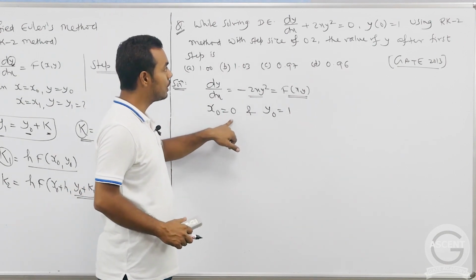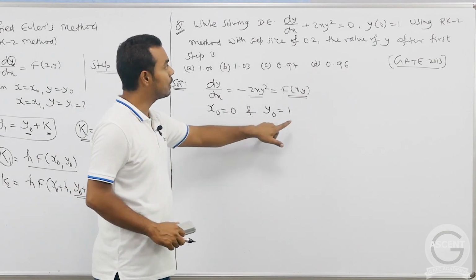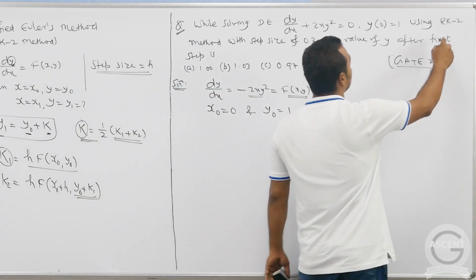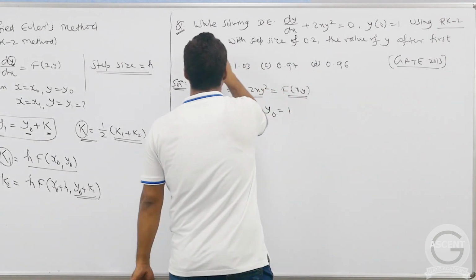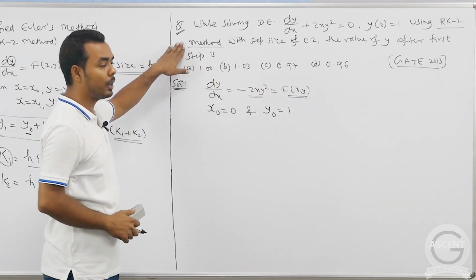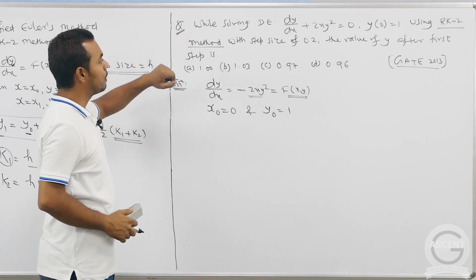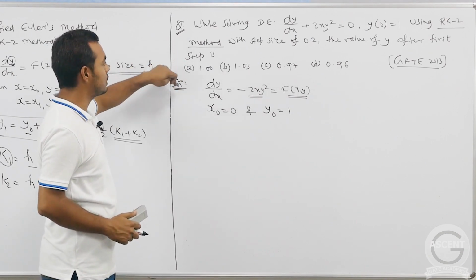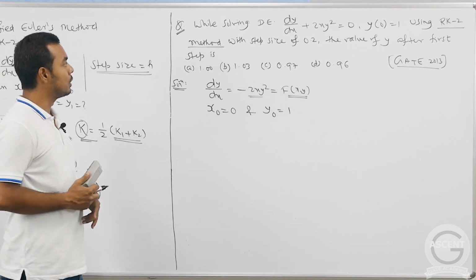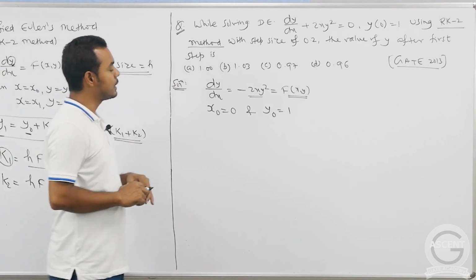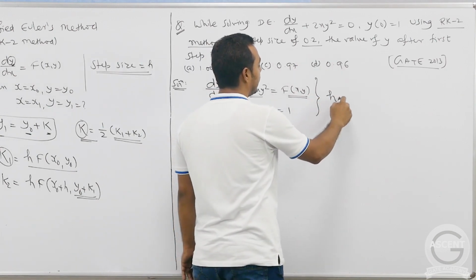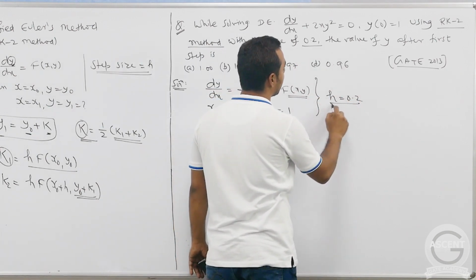So x0 is 0, and when x is 0, the value of y is 1. Now the question is using the RK2 method. The RK2 method you can also call the modified Euler's method, or sometimes the predictor-corrector method. So RK2 method, modified Euler's method, and predictor-corrector method, all these three are the same. So using this RK2 method and taking a step size h as 0.2,